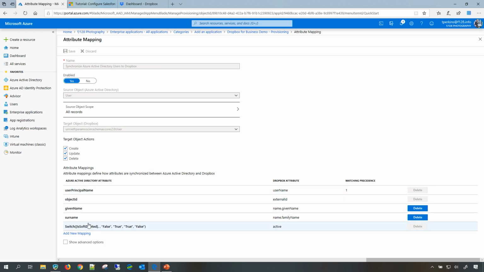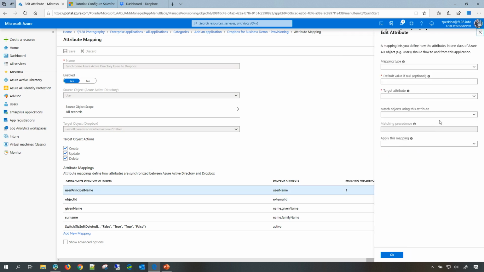By default, Azure Active Directory has worked with these particular vendors and figured out the different attributes, in terms of required attributes and optional attributes, that the target system requires. Here in Dropbox, username is the field in their user store which does the mapping for identifying the unique user in Dropbox. I have right now chosen user principal name, but you can change this mapping by clicking on this particular row and selecting the right attribute from our drop-down list.